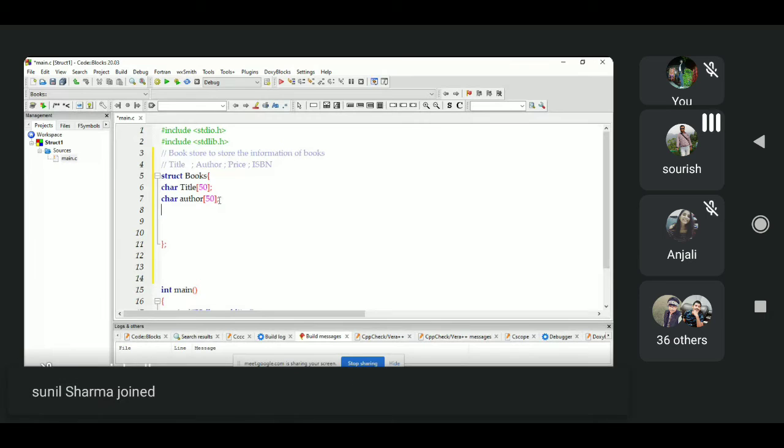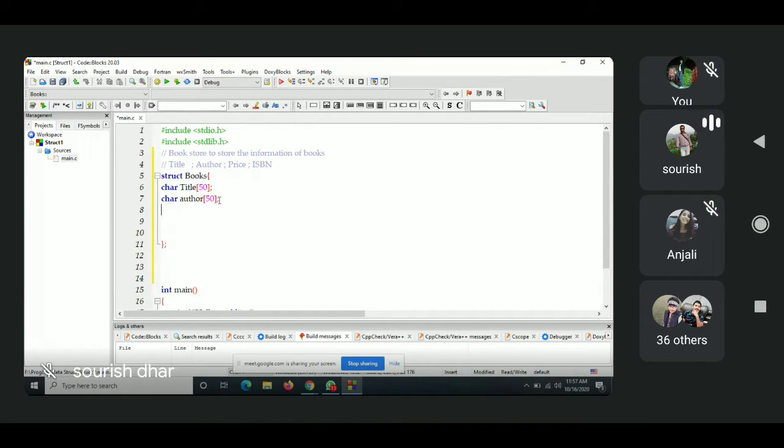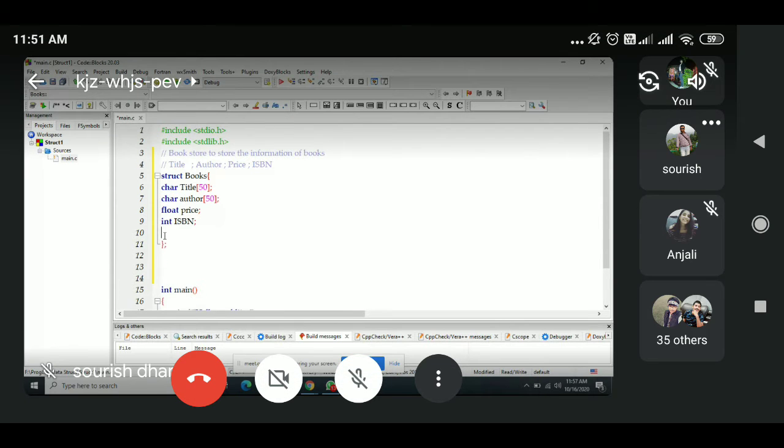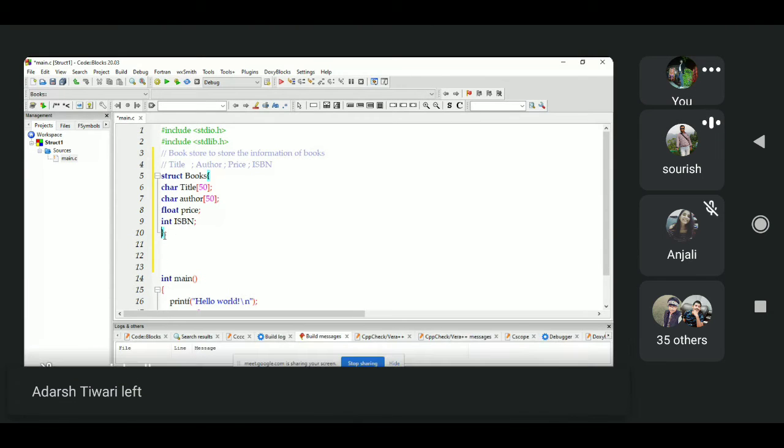Let's suppose I can take a float value of price. And finally, for simplicity, I will take an integer value for ISBN. Is it clear? Yes, sir.